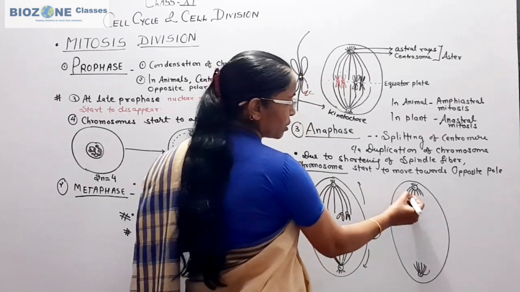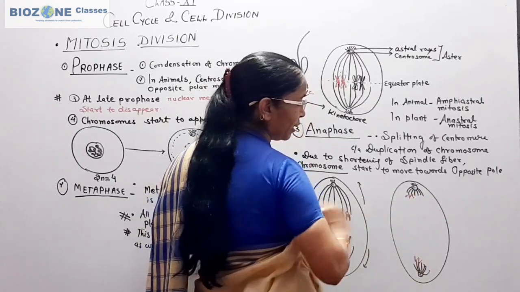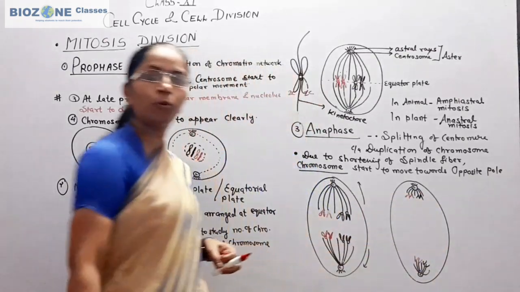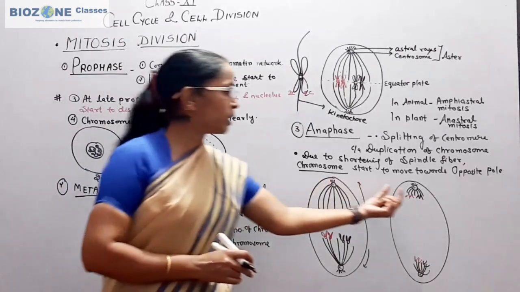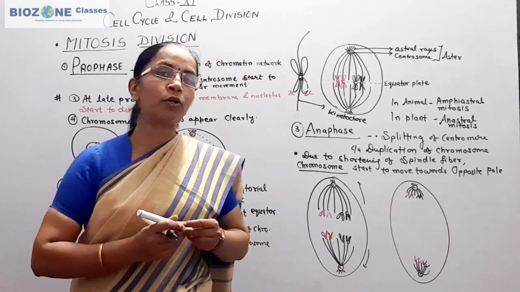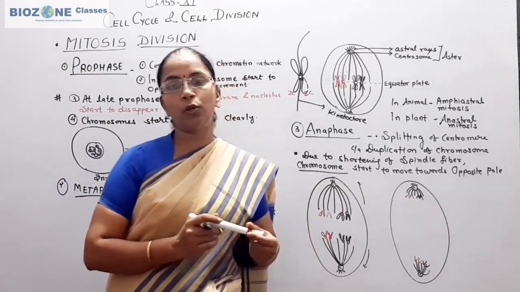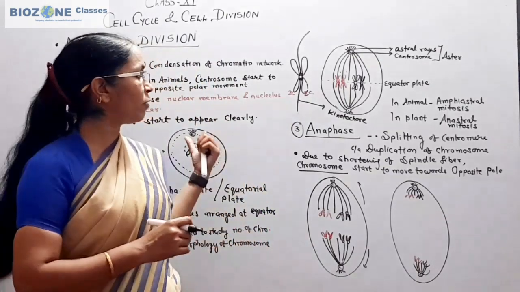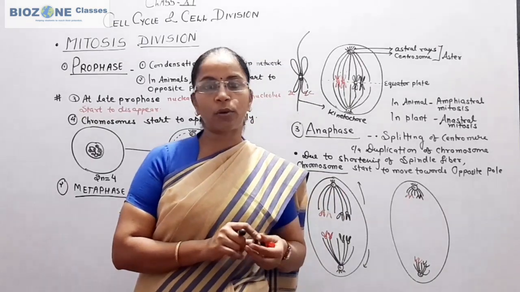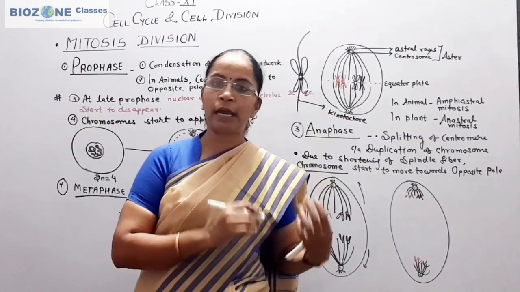And here I simply draw the 4 thread-like structures for explanation purposes. So 4 chromatids, you remember, reach the opposite pole, and once they reach nearly the opposite pole, that means the spindle fibers now start to disintegrate. Then the anaphase will convert into the telophase. So now we study the phase telophase, and then we come towards cytokinesis, that how cytokinesis takes place in plants and animals.